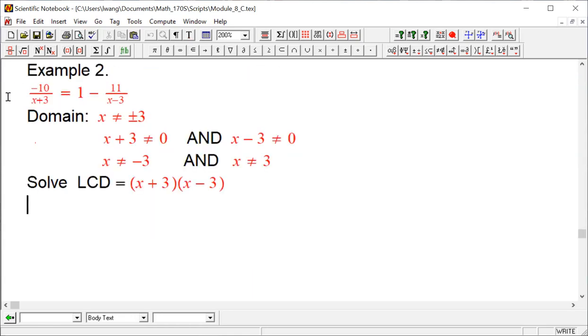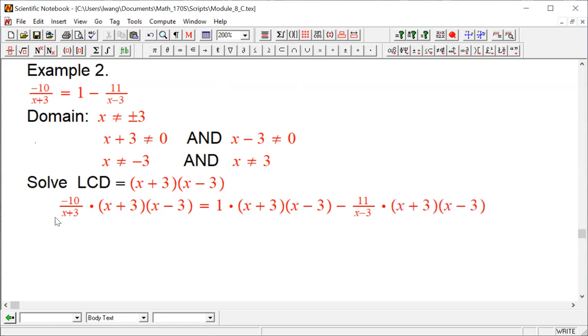And multiply both sides. Right now, we assume that we're solving this equation in the domain. So we're going to take the equation and multiply both sides by the least common denominator, which means every term we multiply by the least common denominator. On the left-hand side, we're going to reduce the x plus 3. These two are gone. So we have negative 10 times x minus 3